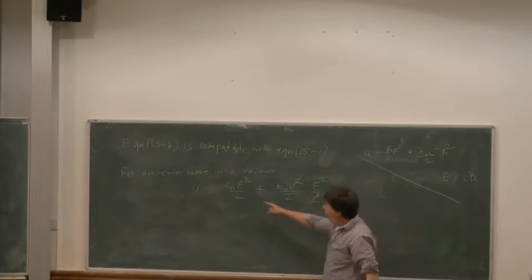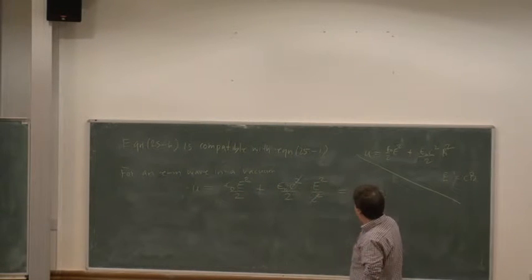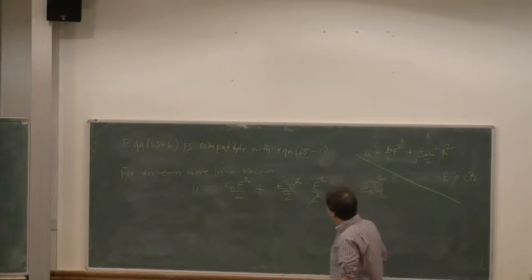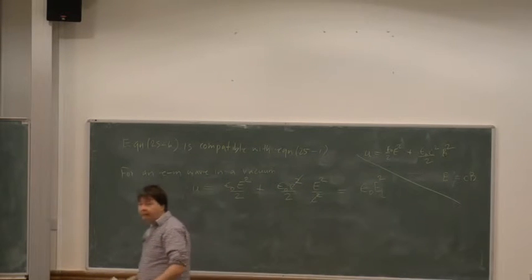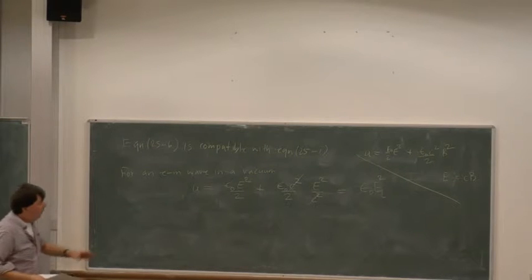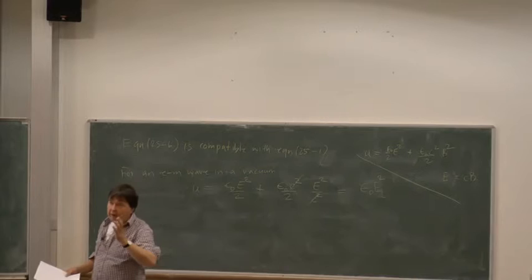And of course, if I add up a half epsilon naught E squared over 2 with the half times the same thing, I get this very beautiful, simple result, which is equal to epsilon naught E squared. So this is a very lovely, clean formula. And like I said, a lot of the time when we looked at EM waves,